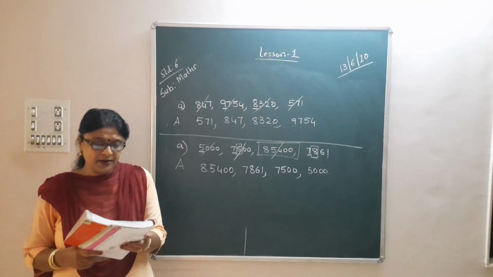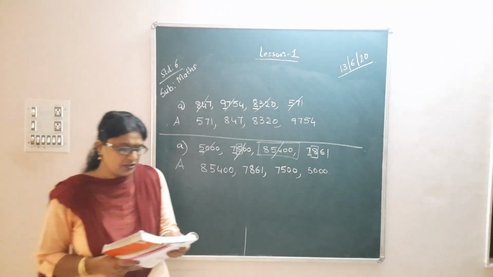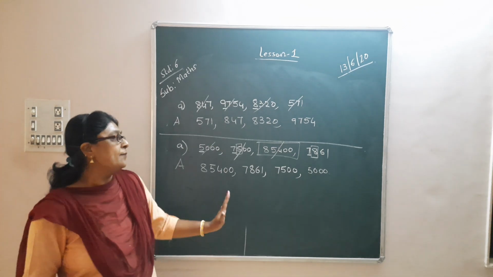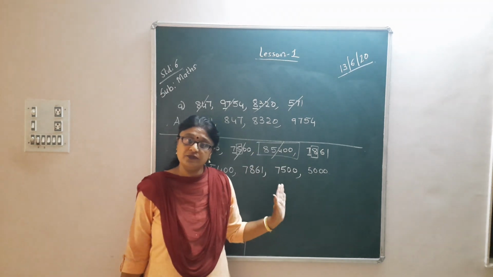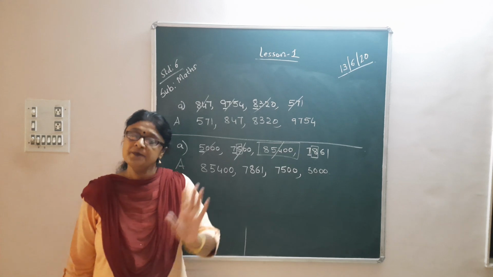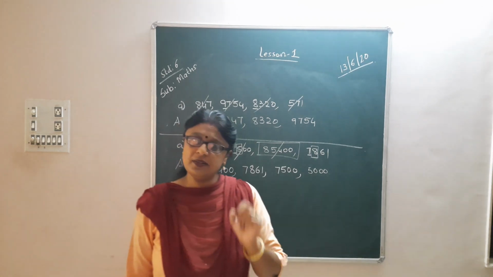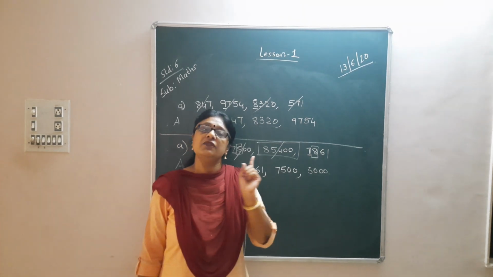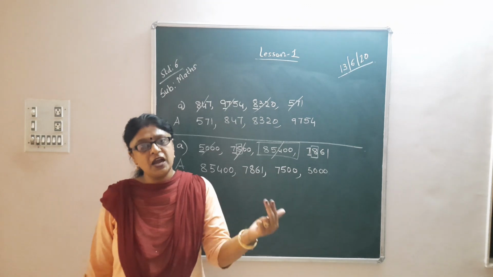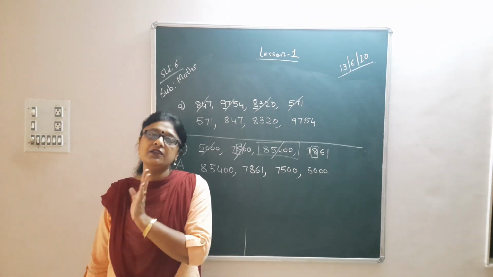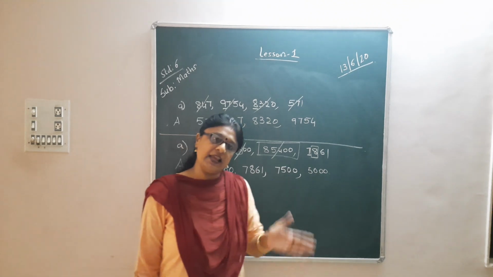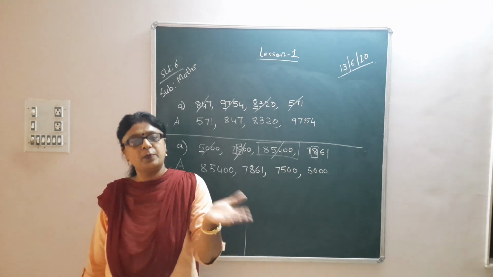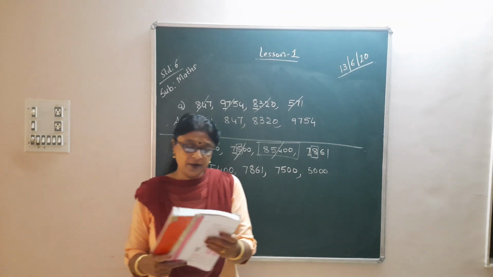Understood, children? Fine? Okay. Now in question number 2, just cancel the last one, and take 10 such examples of ascending and descending order. It is okay. For you it is most important how you have to arrange in ascending and descending order. You just have to remember the basic: whenever you have to make an arrangement, the first step is to count the number of digits. If all the digits are the same, then you have to start comparing each digit of the respective numbers and then decide which is the smallest, and then go ahead in finding out whether small to big or big to small. Okay, so we stop here.